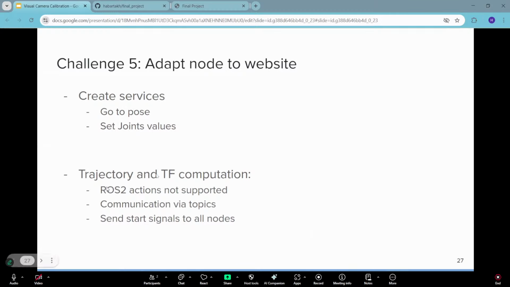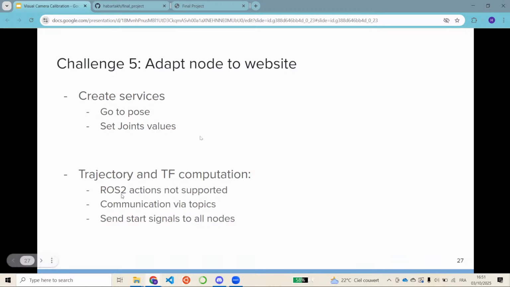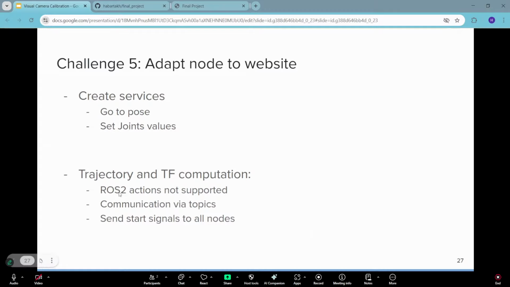However, I had a bit of trouble with the trajectory and TF computations since I could not use the ROS2 actions. So in that case, because there was no support for the ROS2 actions in the ROSlib,